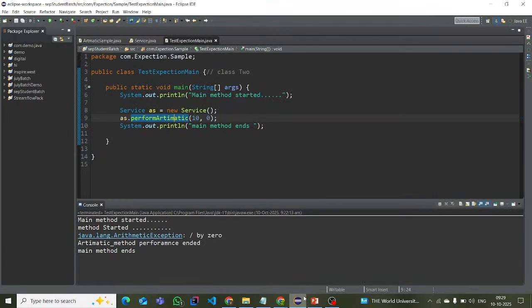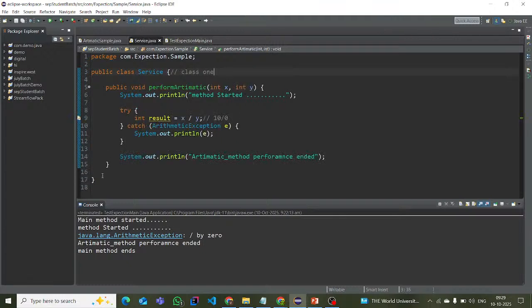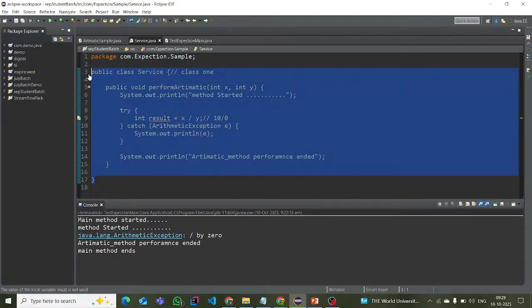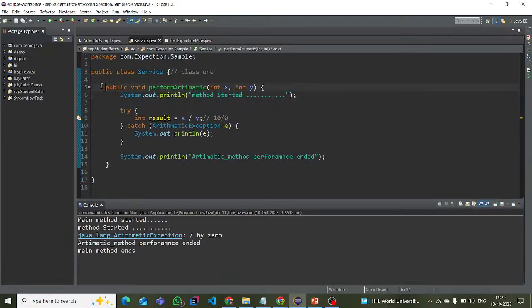Now let me continue yesterday's coding explanation. Yesterday we created one class. In this class, what is the method name? performArithmetic is my method name. In this method I pass two arguments, integer x and integer y. Inside this method, for understanding explicitly, I wrote one line, method started. After that,